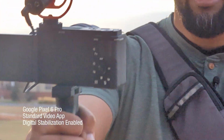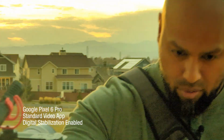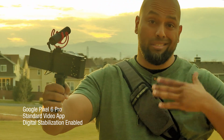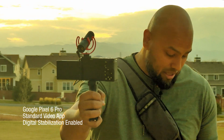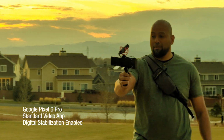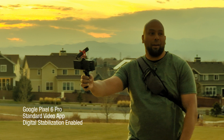So 1, 2, 3 steps, right? Or actually 1, 2, 3, 4 steps away. 1, 2, 3 steps after the first step. So this is about 4 steps away from the camera at 100 mil. Let's say if I had to take double that, 2, 3, 4. This is 4 steps. This is where you're probably gonna see all of the extra weight I've gained through the